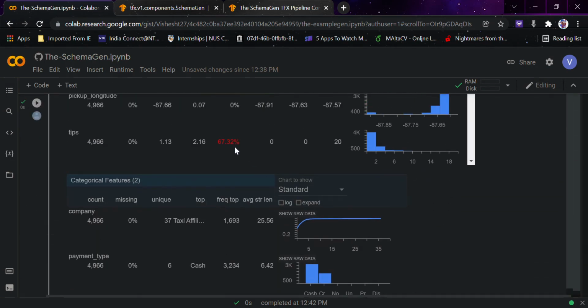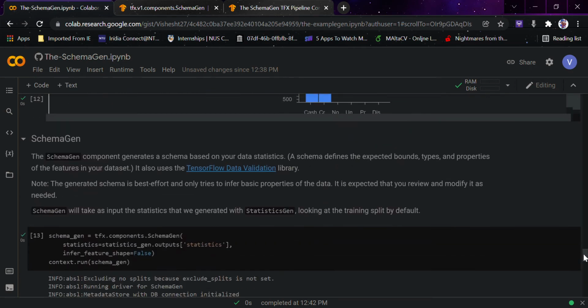In this we didn't find anything bad, because this is obviously a very good data set that we have taken from a very verified website. But when you're making a model and collecting data for a particular organization or company, chances are that you will face some problems. Now coming to today's topic, which is SchemaGen. What I have explained about StatisticsGen and ExampleGen was just in brief. If you want to see it in detail, I recommend you go and watch the previous videos. It would help you get the idea of them in detail.